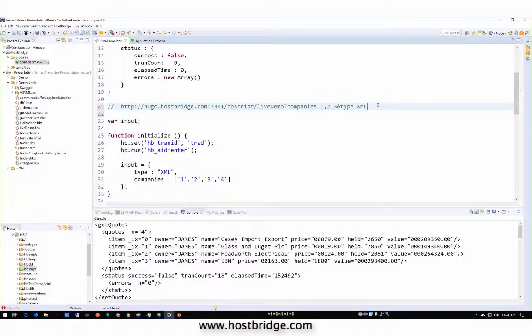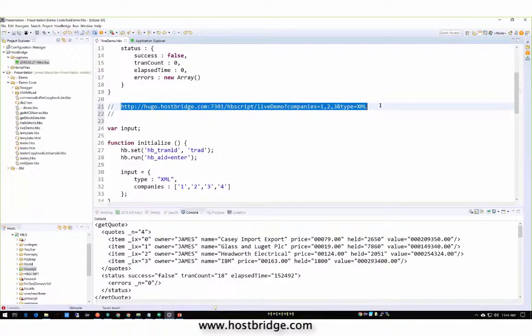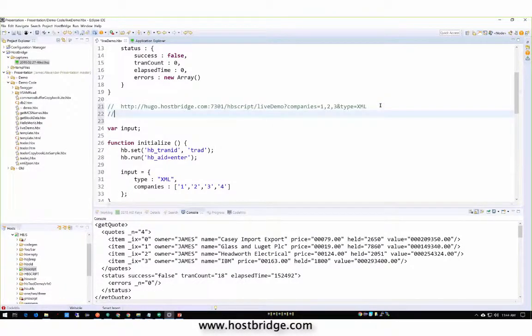And actually, if you have a web browser handy, you can actually call this as well. You have to use the external name for my host, which is, I think, no, that's not it. I lied. It's demo.hostbridge.com. Yeah, demo.hostbridge.com. You can actually put that URL in your browser, and you'll be able to call the web service